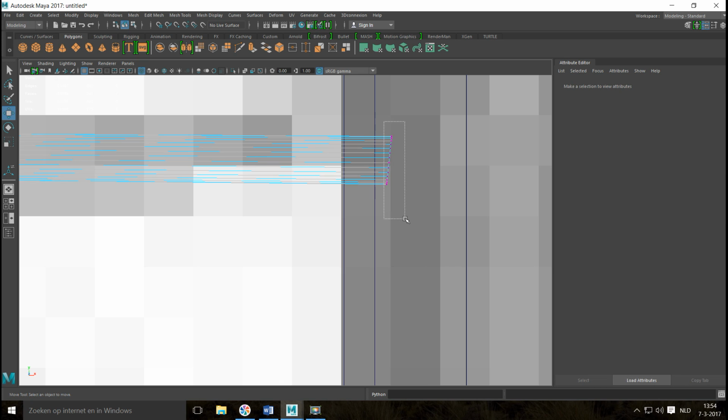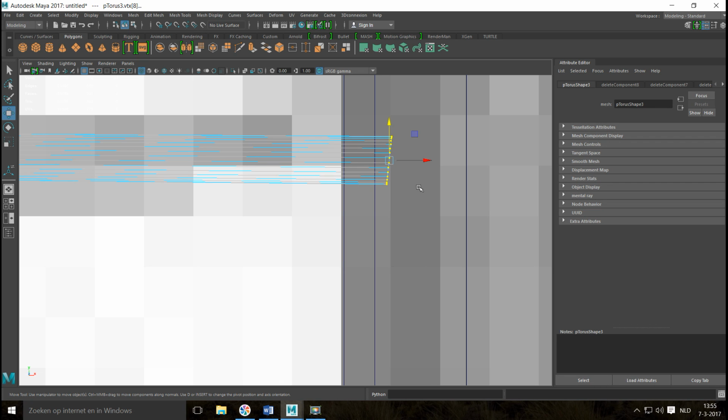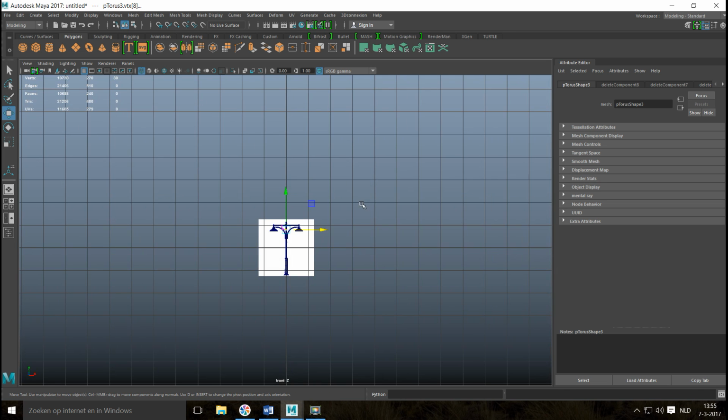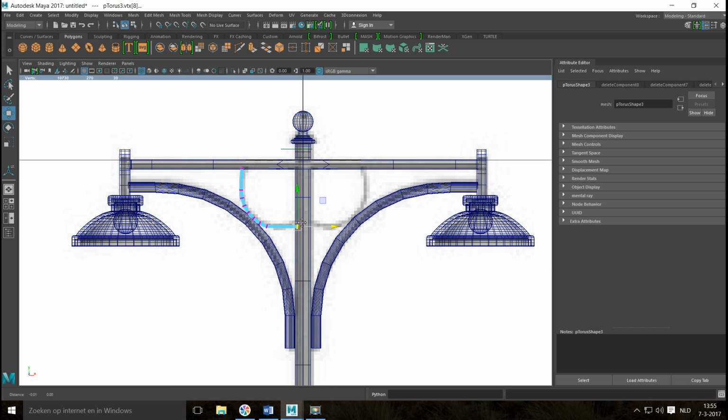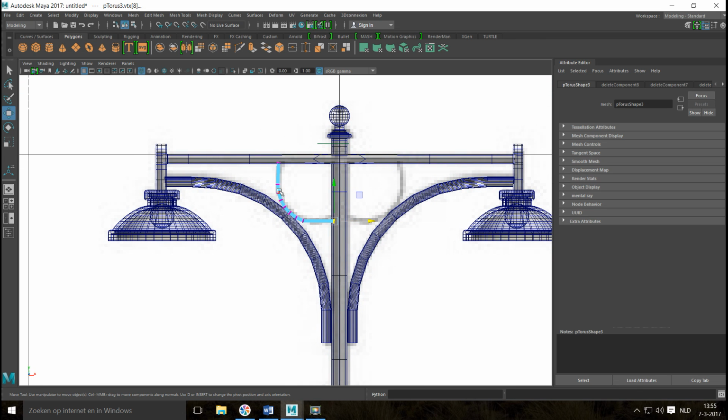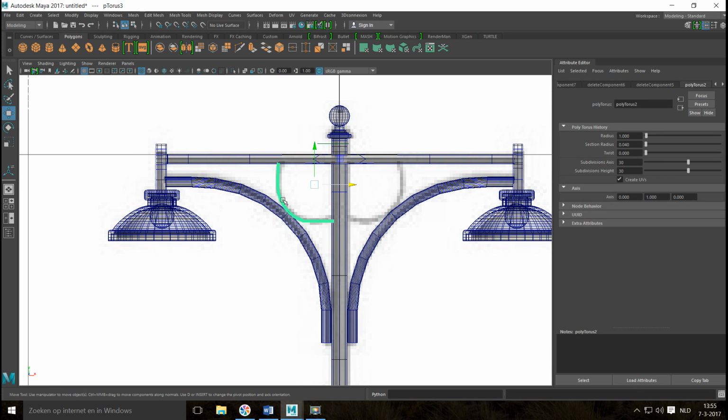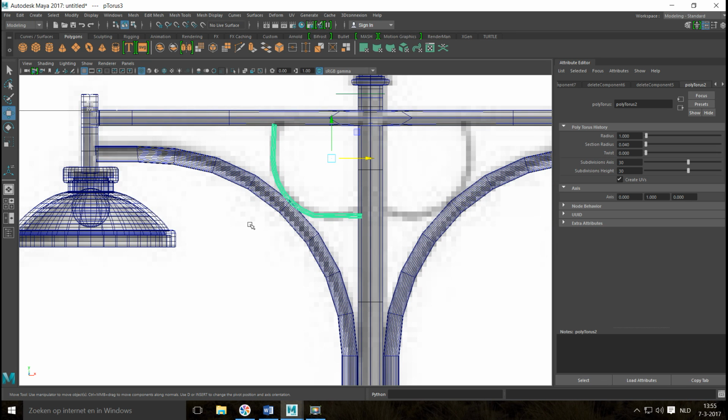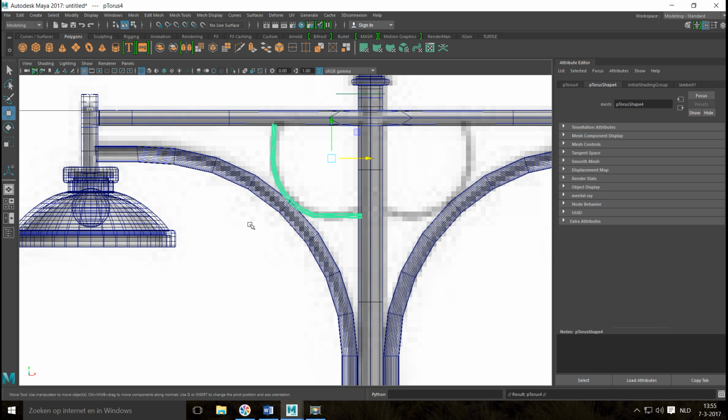Got a vertex, drag select these vertices. Okay, it's good. All right, we're gonna hit it in object mode. We're gonna hit Control D to duplicate, E to rotate. Let's flip that around